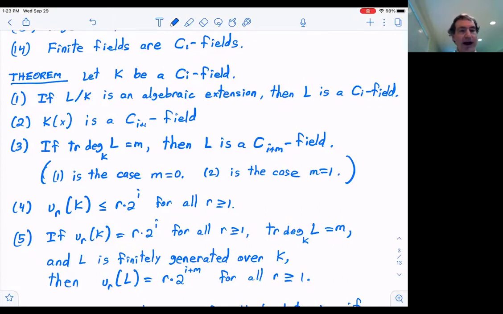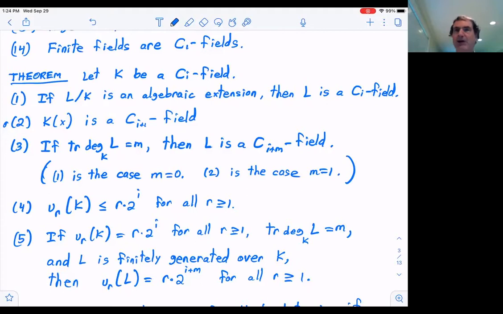Similarly, for a rational function field, this is number 2 right here, K adjoin X, where X is a variable, K adjoin X will be a CI plus 1 field. And if you combine 1 and 2 together, if L has transcendence degree M over K, then L is a CI plus M field. So the point here is, if you have a CI field, unexpectedly, you have all these